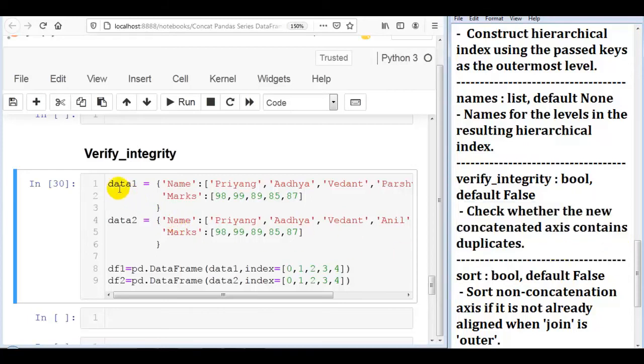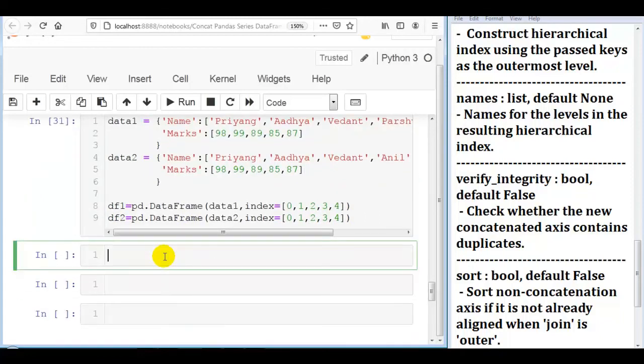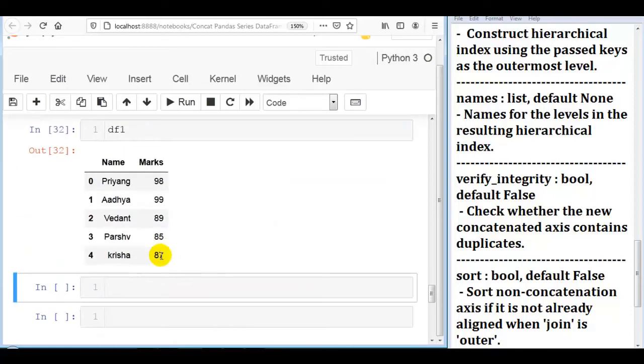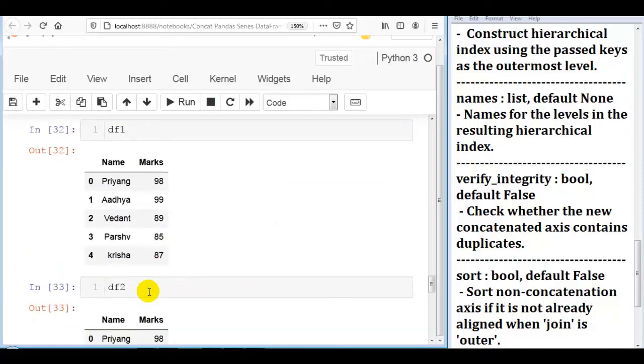As you can see, I have created two data frames with names df1 and df2 using a Python dictionary. Also I have passed the index parameter explicitly with values 0, 1, 2, 3 and 4 for df1, and the same 0 to 4 for df2. Let me execute this cell. As you can see, df1 and df2.